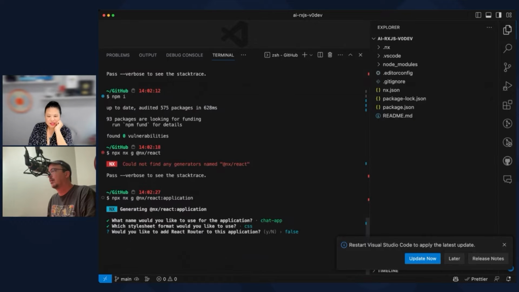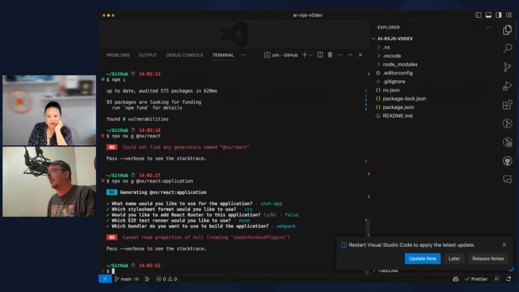CSS. No, I don't. None. Fine, I'll use Webpack. That doesn't like that one either. Are we screwed? Oh, look at this. All right. Let's figure out why that's happening.